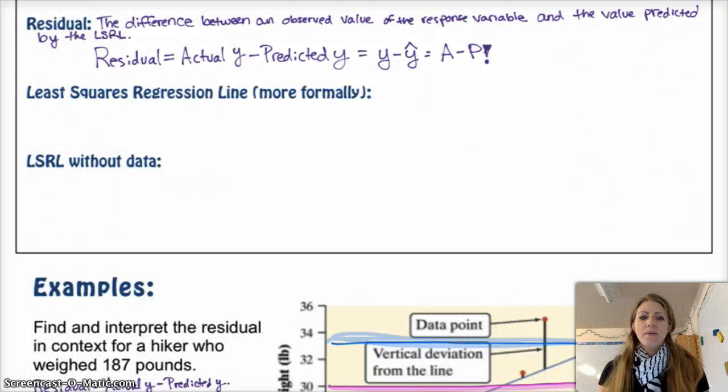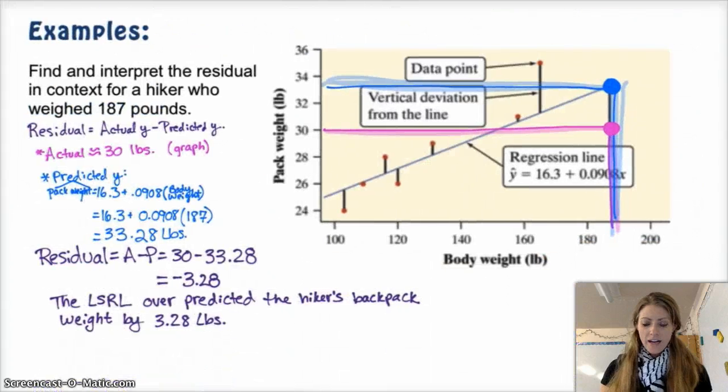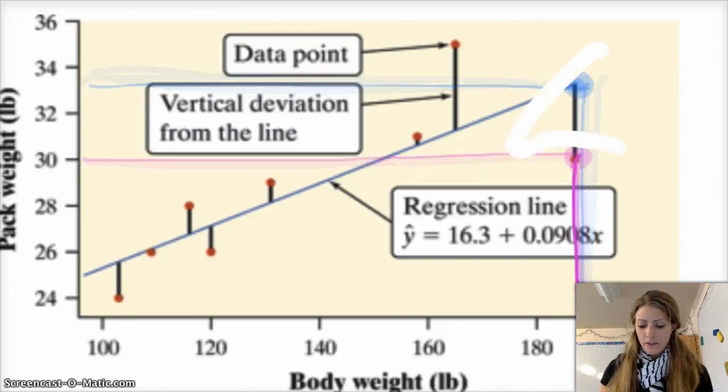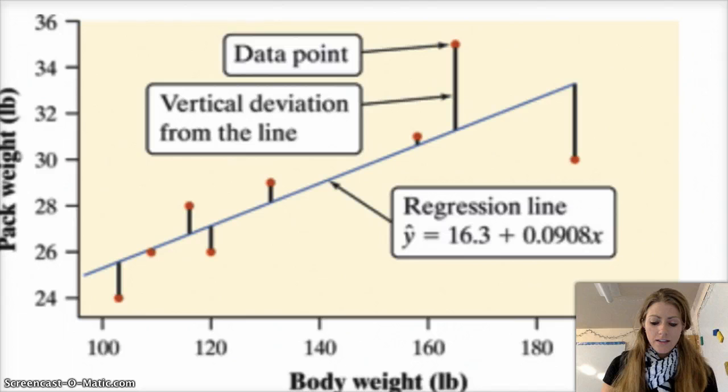Whoops. Okay, so back to the least squares regression line. So more formally, now that we know what a residual is, the least squares regression line actually minimizes, okay, it's the line that makes as small as possible the sum, add them all up, of the squares, square them, of the residuals. Okay, so basically what that means is if I take the line of best fit, for example, our line from earlier, and I create the actual line of best fit, what's going to happen is